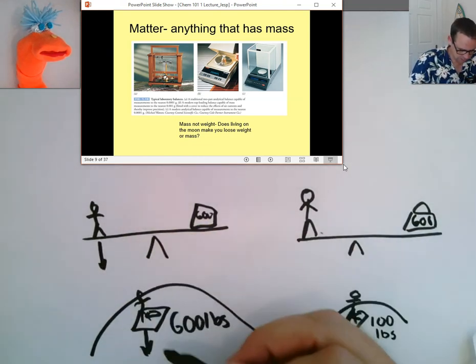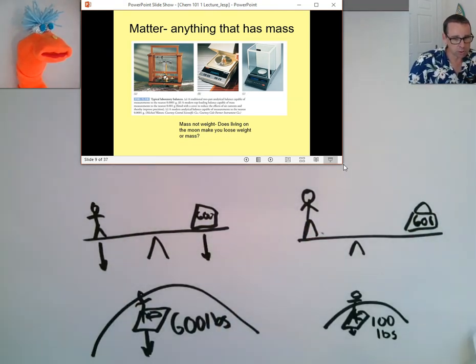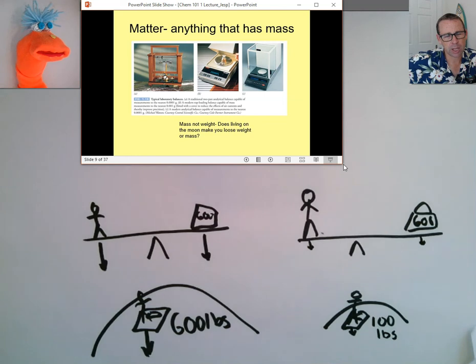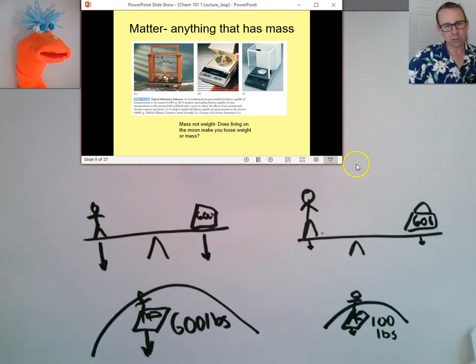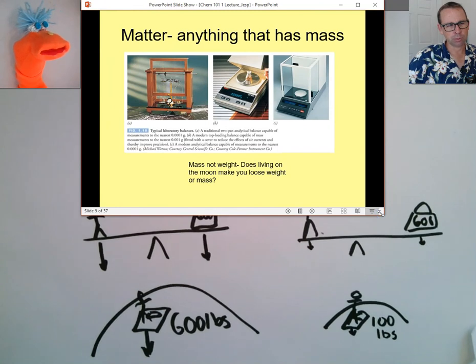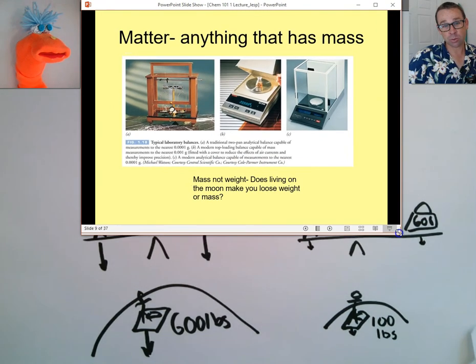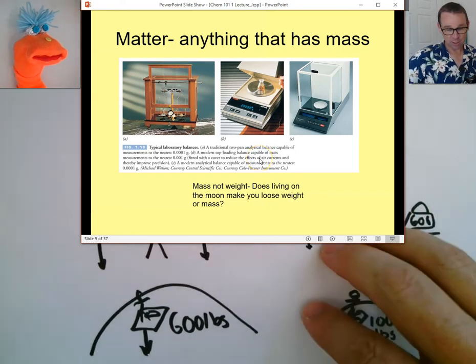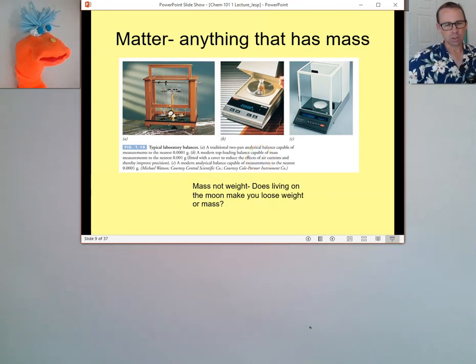Because here we have this same size of arrow, the same amount of force pulling down, and here we have a smaller force pulling down on the moon. Okay? So, when you go to the moon, you do lose weight. What do you mean? Well, you weigh less according to a scale, but you don't actually lose mass. Oh yeah. So do you get skinnier? No, you don't get skinnier, right? But, you know, that's what we mean when we say on Earth, I lost some weight. Good observation. Okay, that is a great start. Hopefully you've remembered some of this, and this is a little bit of a review.